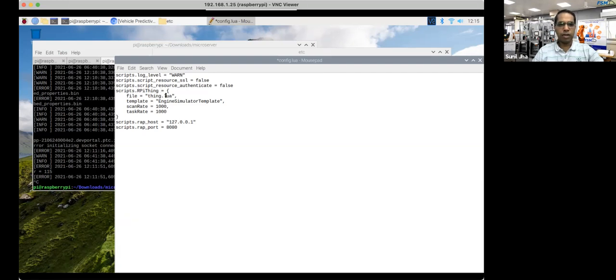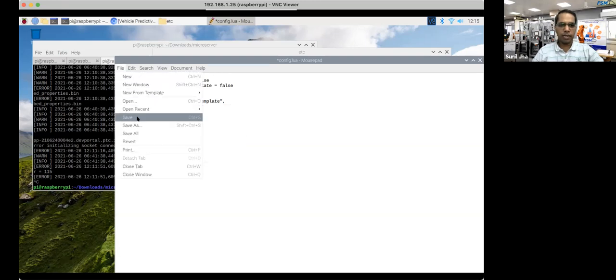So thing.lua is the file. I will show you this file also. This is the template that is being used, and how frequently it will scan and connect and push the data to the ThingWorks that are being defined here. That is how the scan rate and the task rates are there. Task rates are basically for services, and scan rate is to push the data to the ThingWorks platform. So that's all. I think that is the minimal requirement in the Lua file right now.